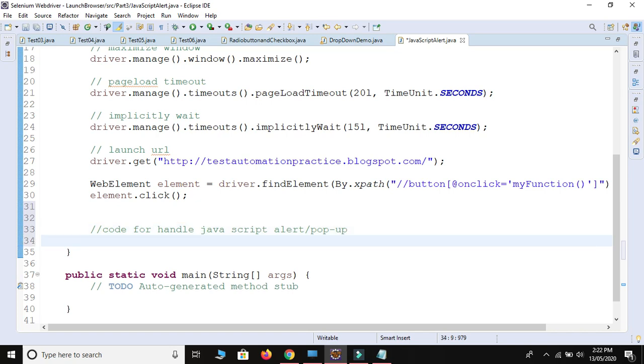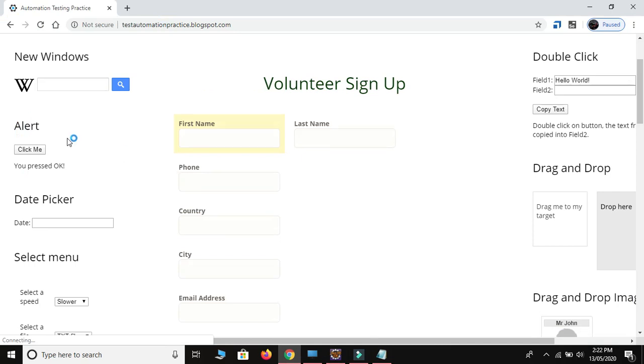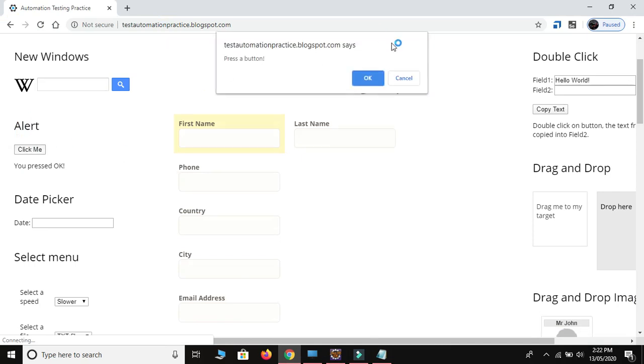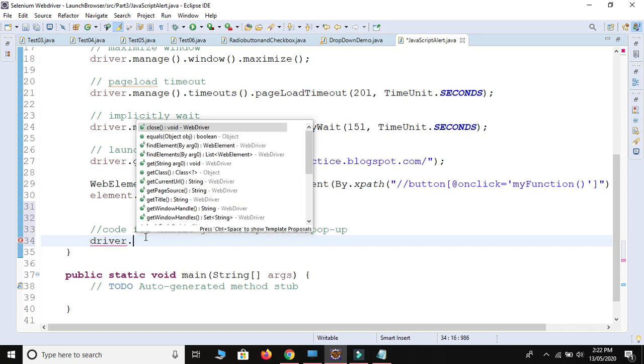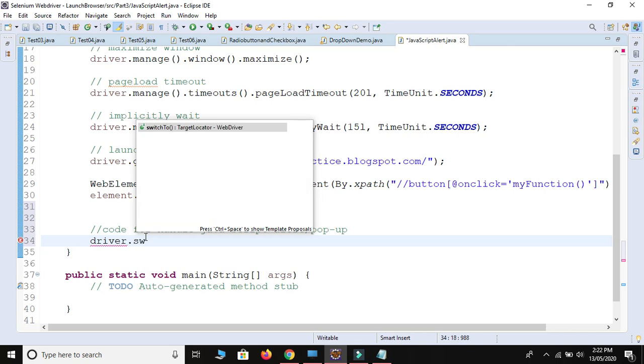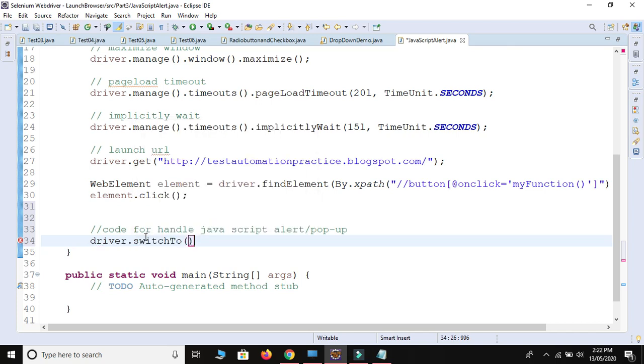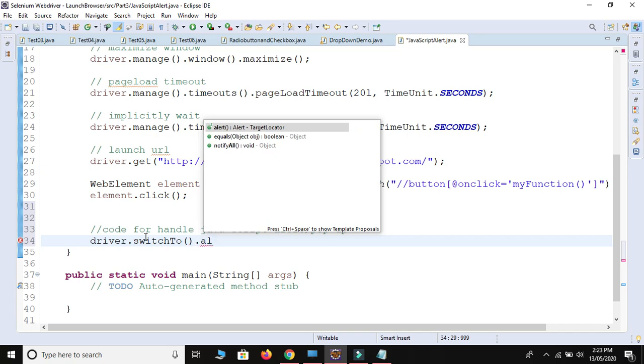Okay, so first thing is just take your control from this parent window to this child window, and we know this is the alert, so we use driver dot switch to. We are going to switch our control from parent to child, and the name of the child window is alert, so we use driver dot switch to alert method is there.